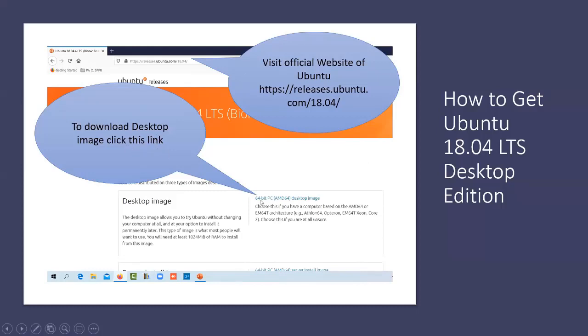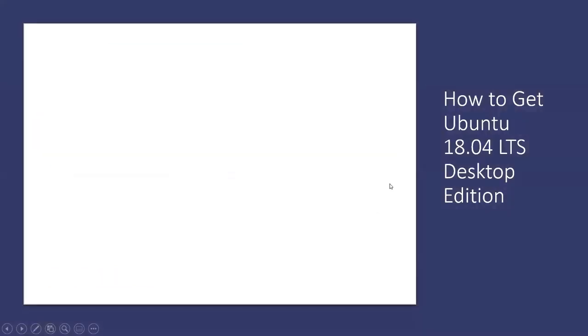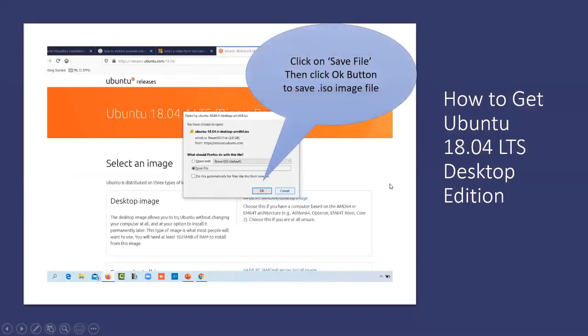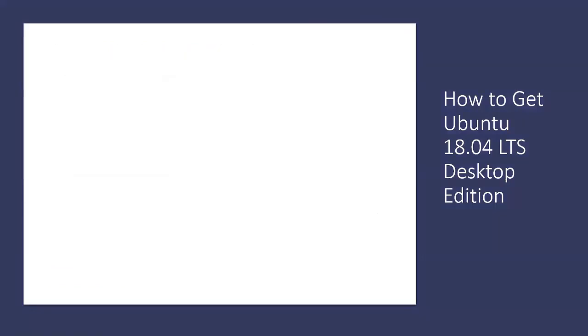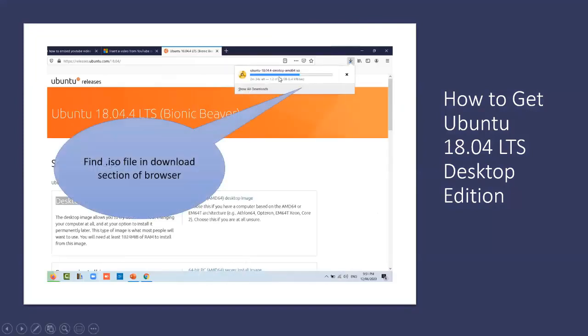Click this link, 64-bit PC AMD64 desktop image. Then click on save file, then click OK. You will get the Ubuntu 18.04 desktop image. You need to find that file in the download section of the browser.